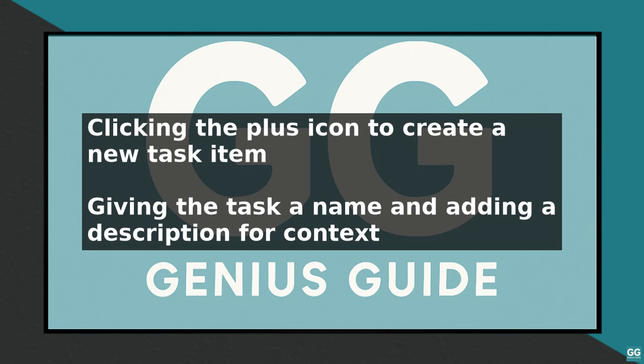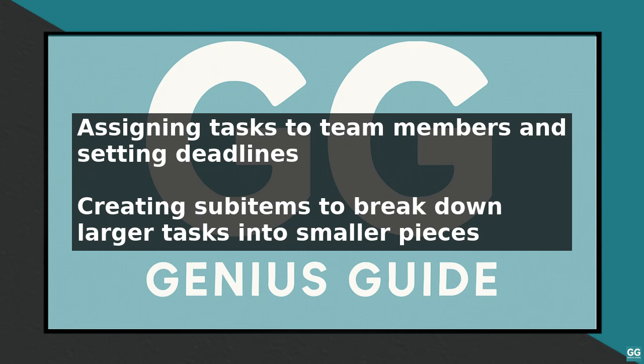Next, assign the task to a team member by clicking on the person icon and selecting the team member from the drop-down list. You can also set a deadline for the task by clicking on the calendar icon and selecting a due date. To add more structure to your task, you can create sub-items by clicking on the three-dot icon